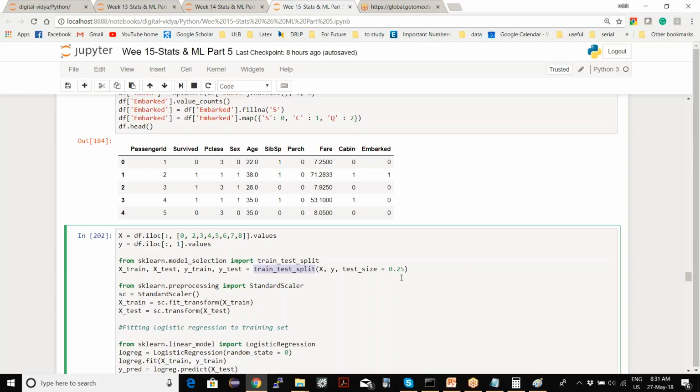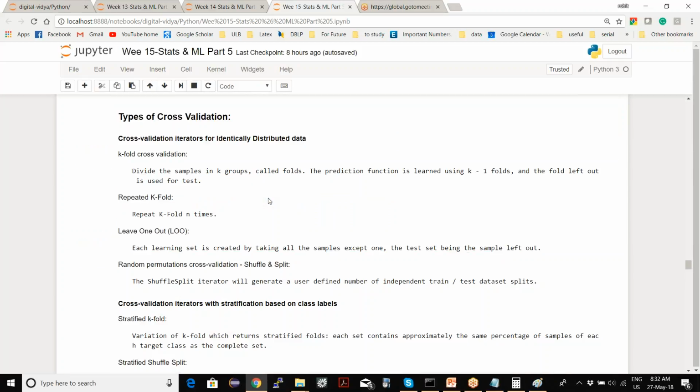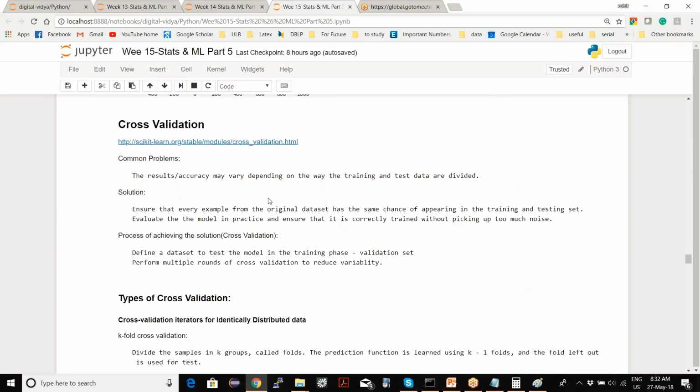I'm randomly picking 75% of the rows as the training set and 25% of my rows as the testing set. So my training data is changing, my testing data is changing, and that's why my accuracy is changing. Is that clear? That's the problem: the accuracy will almost every time vary depending on the split.